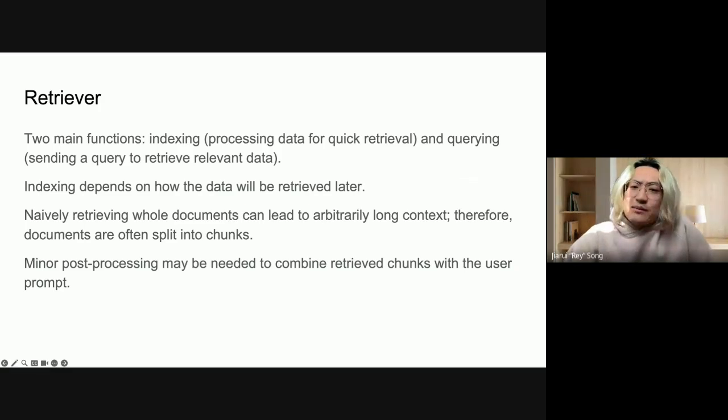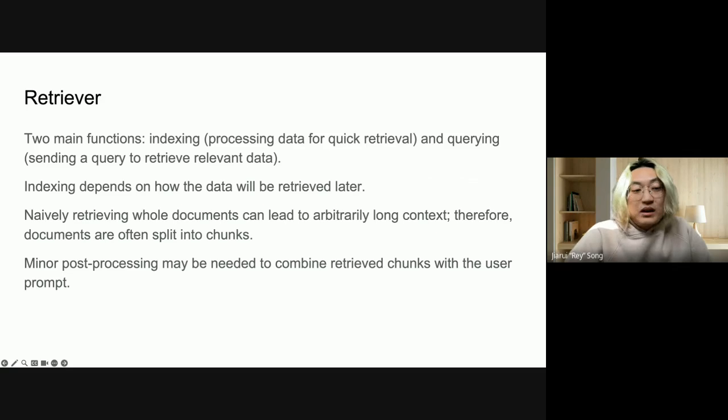The first key component of a RAG system we'll discuss is the retriever. Its primary role is to fetch the relevant information needed by the generator. The retriever has two main functions. Indexing. This involves processing the external data so that it can be quickly and efficiently retrieved later. The specific way data is indexed depends on how you intend to query it. The second function is querying. This is the process of sending a query to the indexed data to find and retrieve the most relevant pieces